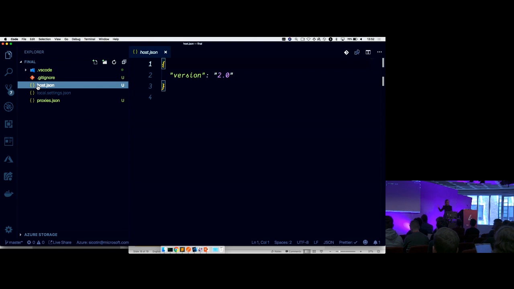I can also configure here, if I'm running an HTTP function, the root of the route that my URL will have. So generally, by default, it's going to be API, but we can change that. We can delete API, or we can change it to, let's say, NDC.